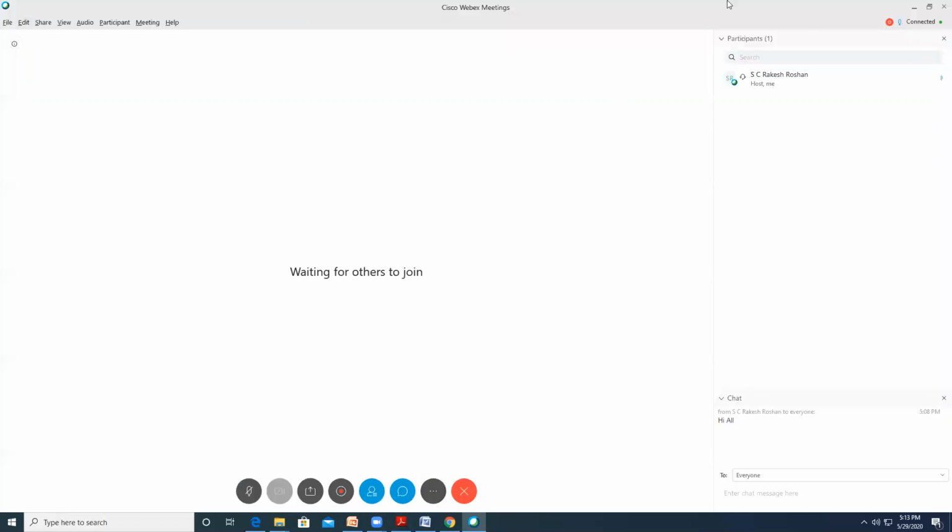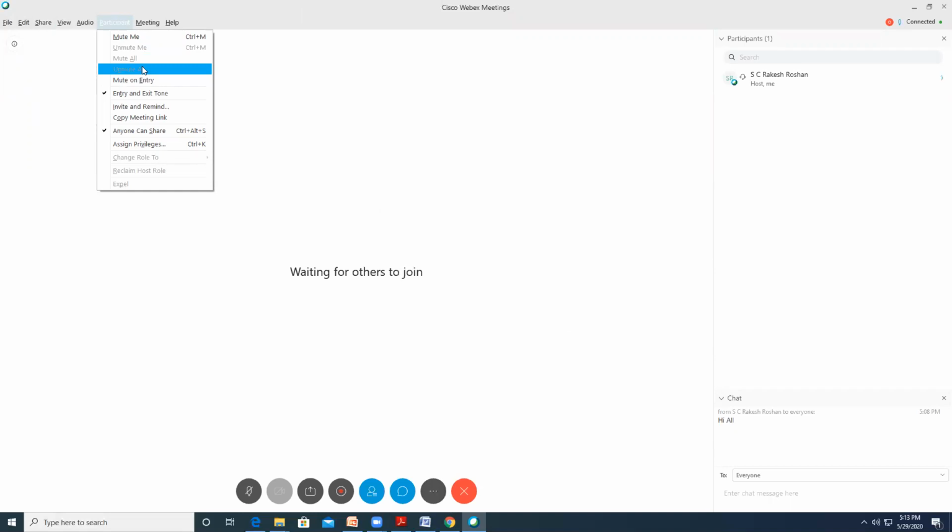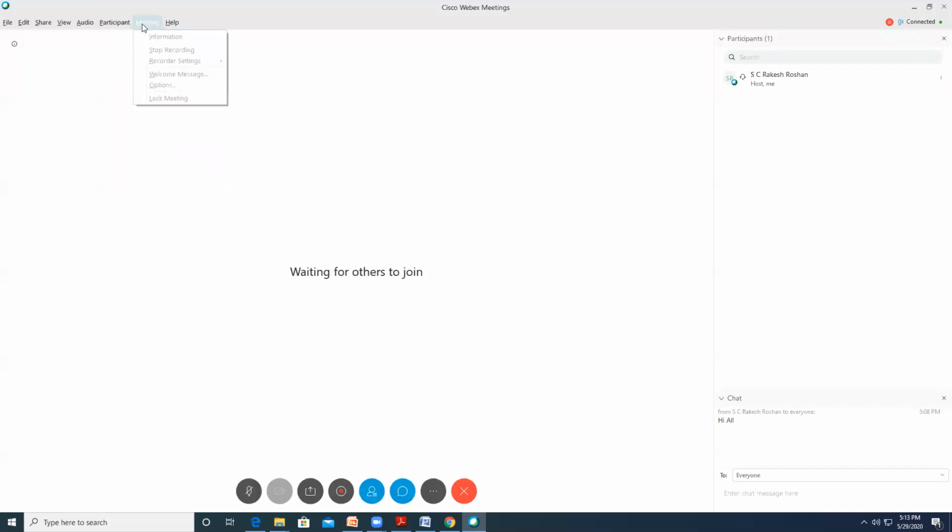Right. Now, what are the other things? So you can also open a poll question if you want. You can click on the OK, and then you can open up a poll to all the participants. That's feasible. And you can also, as I said, share the content. And once the meeting is on, you can mute on entry. You can unmute all, because if it's a class, you don't want all the students to disturb you, so you can simply mute all.